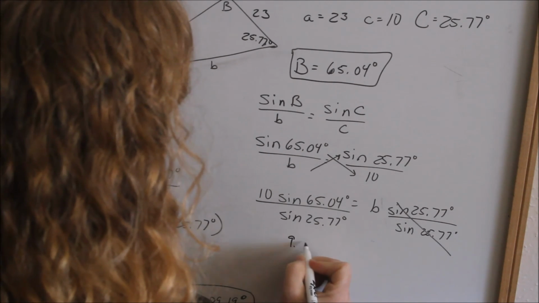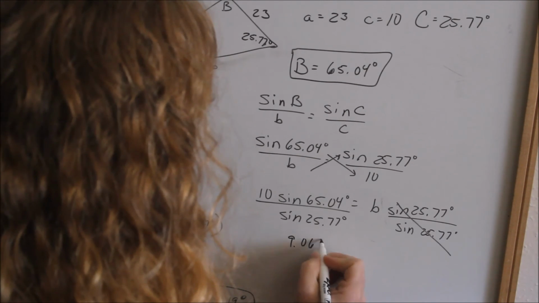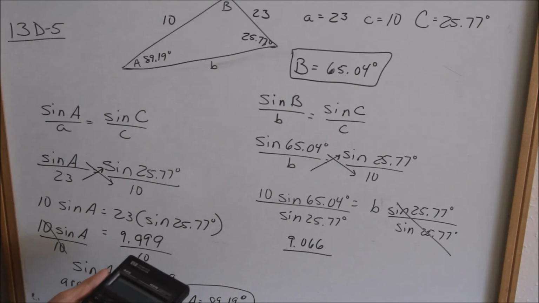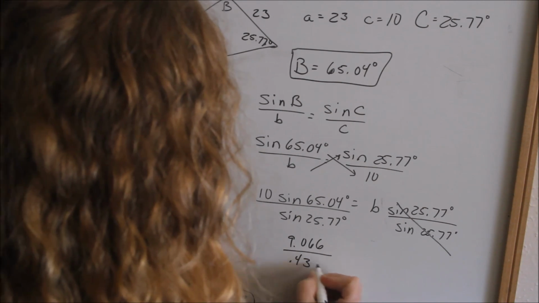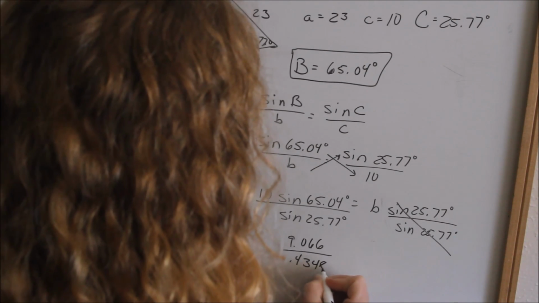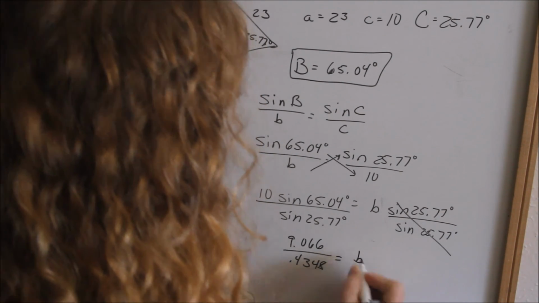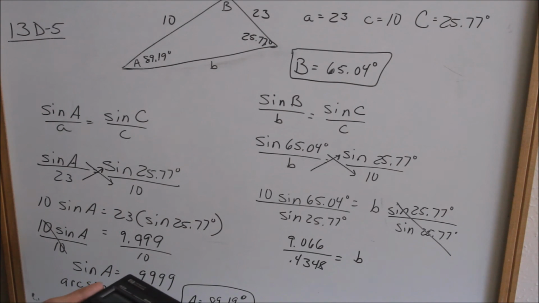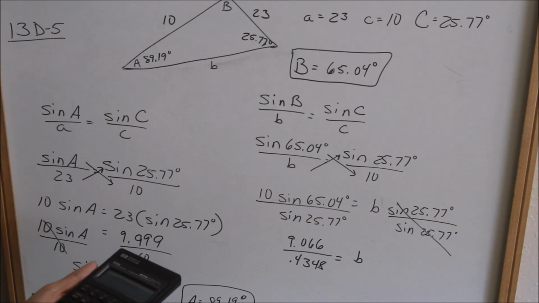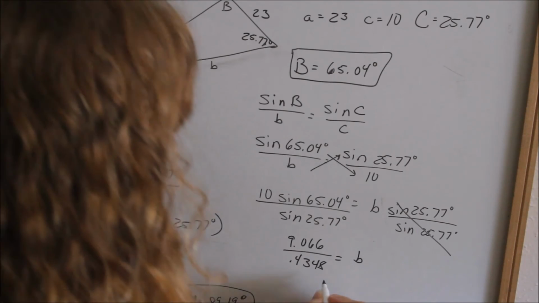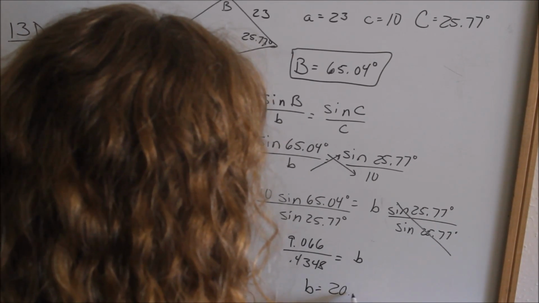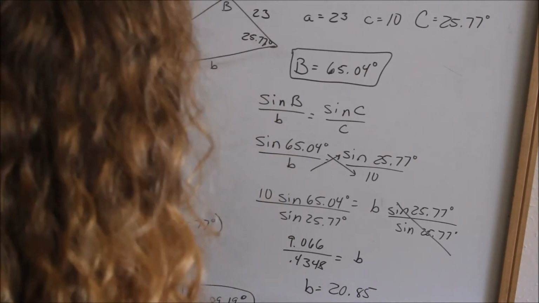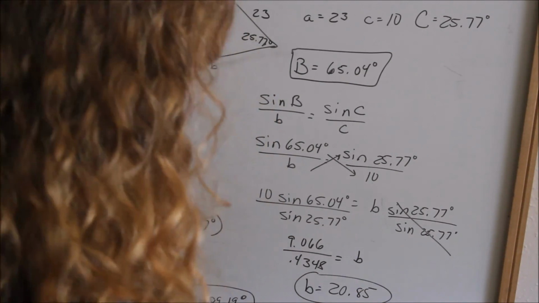That came out to 9.066 divided by now sine of 25.77. That's 0.4348. Dividing that out, I came up that B, side B is 20.85. No units on that because they don't give you